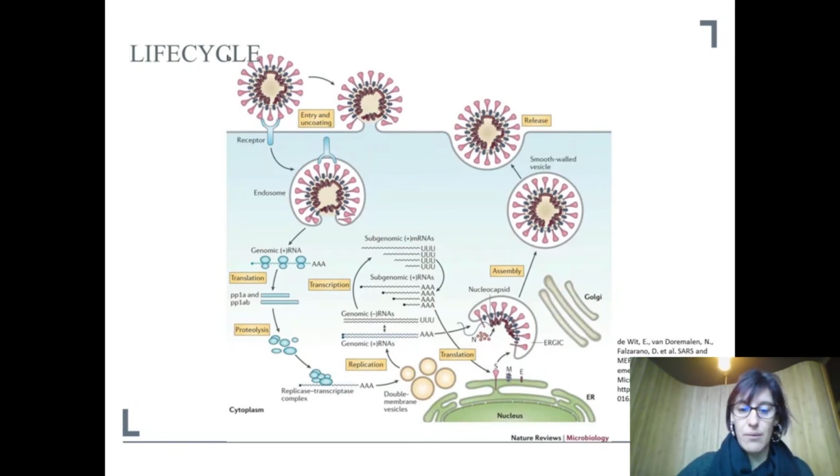And what they're therefore able to do essentially is to produce a negative sense copy of the original, so complementary to the original positive strand RNA, which allows them to keep on producing more positive strand RNAs, which can go into the new virus. And so there's quite a complex process of transcription, and that transcription will allow us to produce the genetic material for the new virus particles, but at the same time, we also have a process